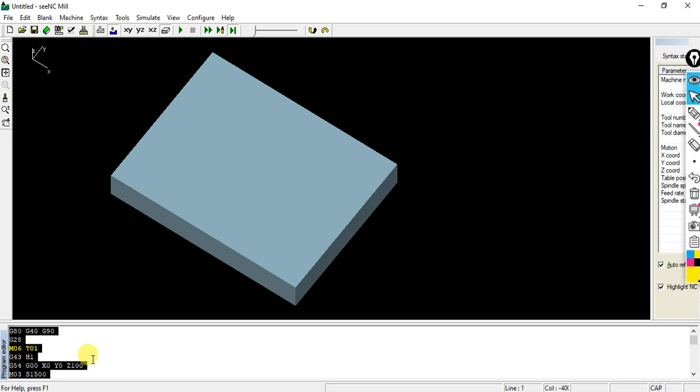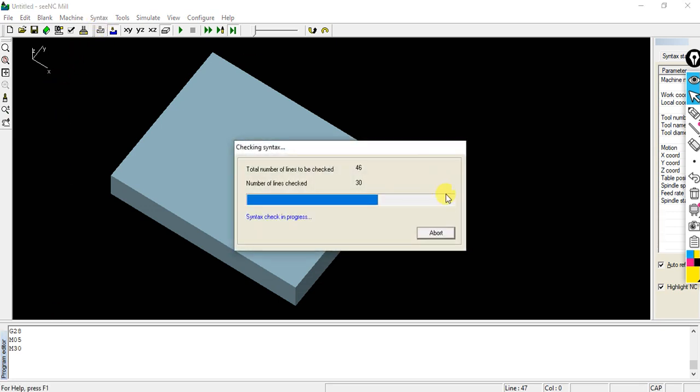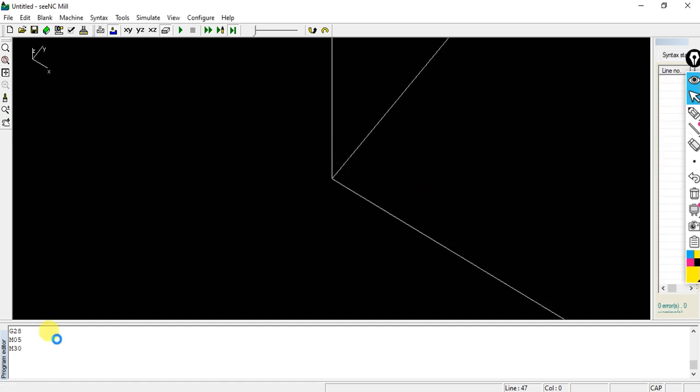Once you paste your program, you need to check its syntax, which provides you the format. You need to check that format, so that in case of any error it will highlight. Make sure the format that you have entered is right.